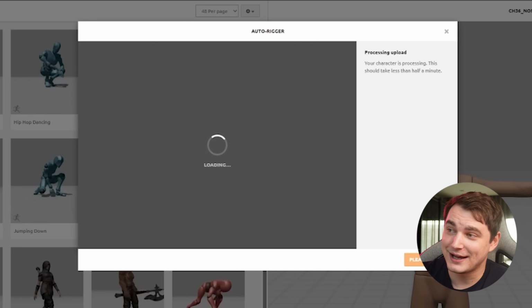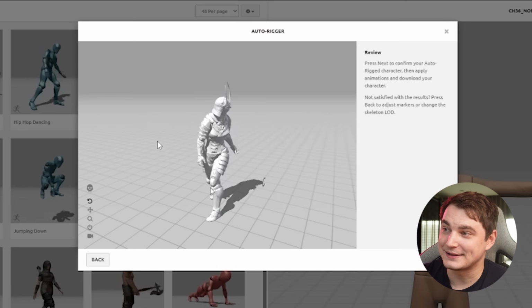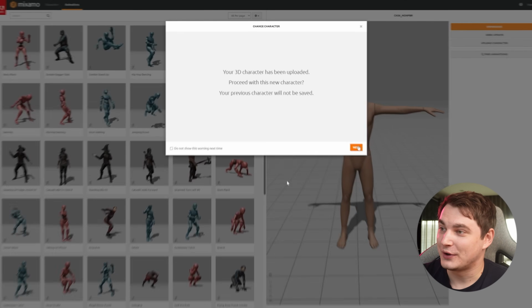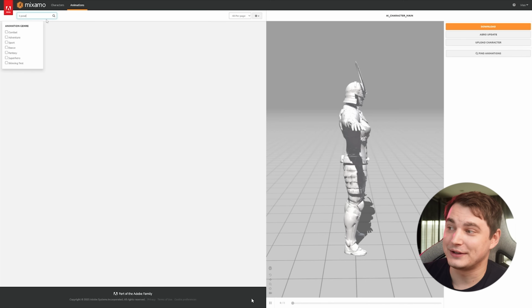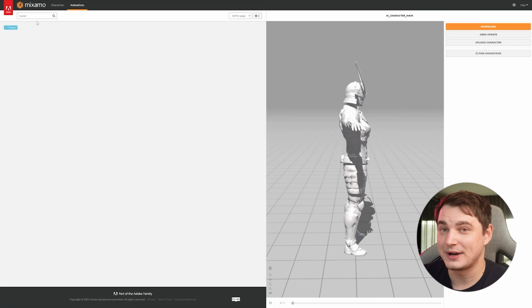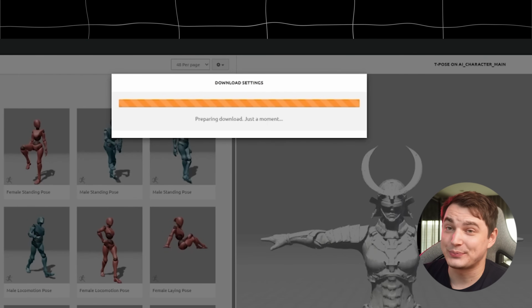After a while, we get our character rigged. It has a preview animation. If all looks good, press next. Here you can preview it in different animations or export it the way you want. I'm gonna find a T-pose animation and export it like this. Just press download, export. Now we're not going to use a default animation, but we're gonna create our own animation